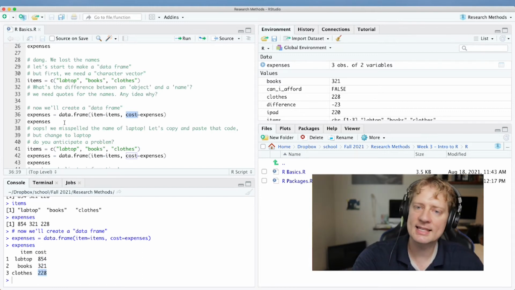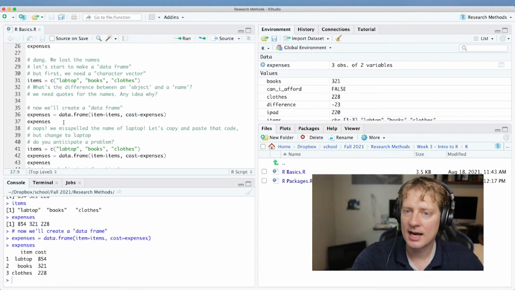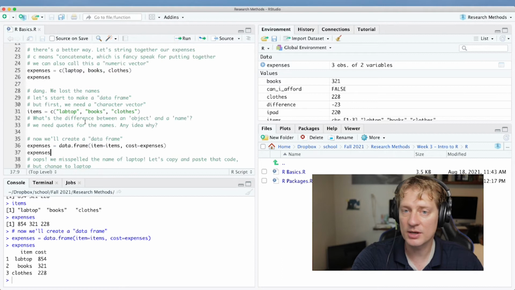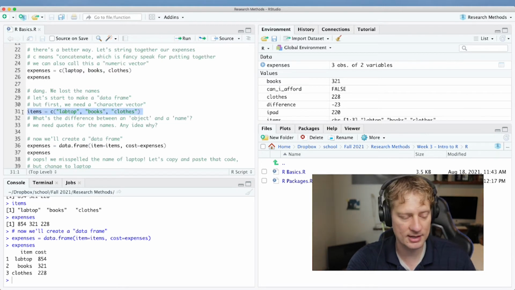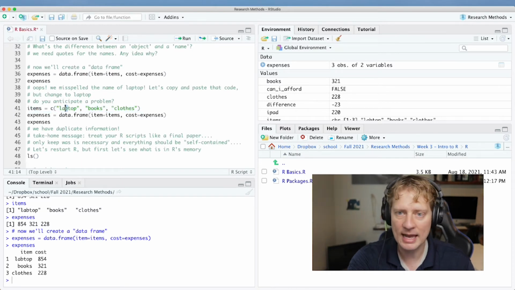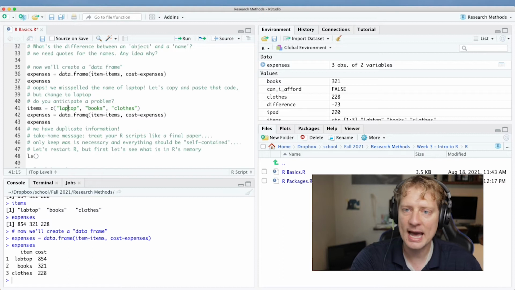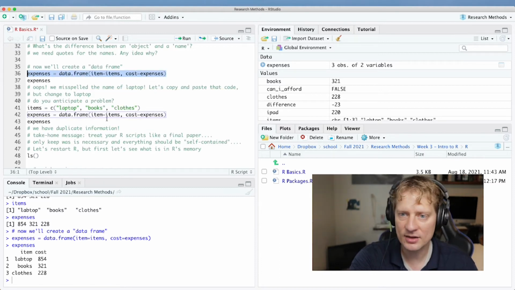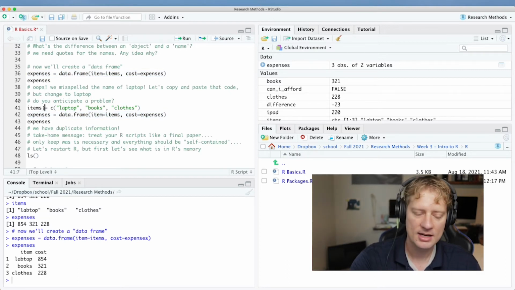And then let's say at this point we say, oops, I misspelled the name of laptop. Let's go ahead and copy and paste that code. Now, if I were you doing this along with me, I would actually do that. Hit copy. Actually, I'll go ahead and do it again. And then paste, except I'm going to change that from labtop to laptop. And then I would take this line 36 for me, copy that, and then paste it over here. And then if I run